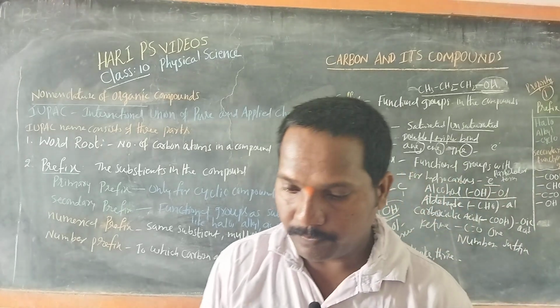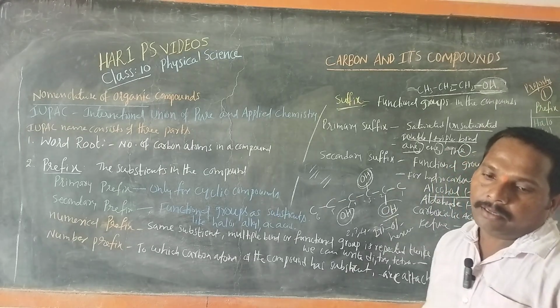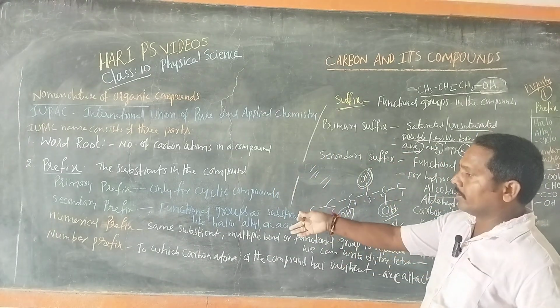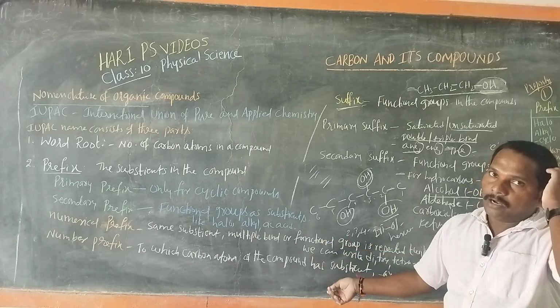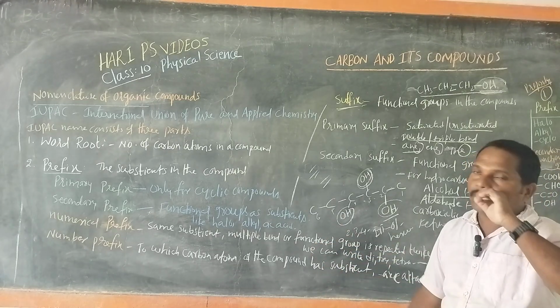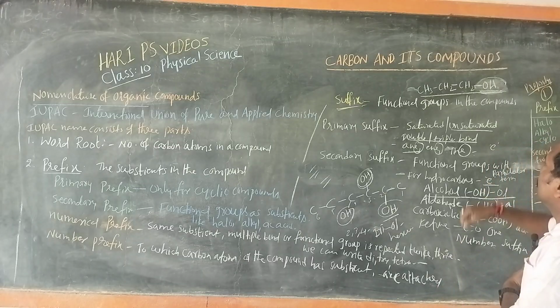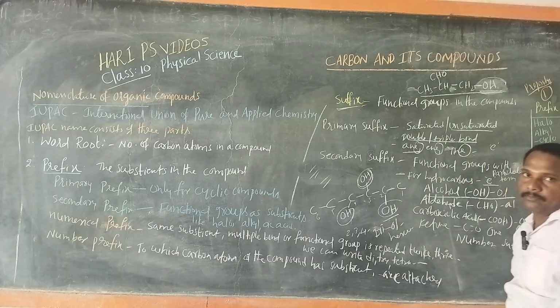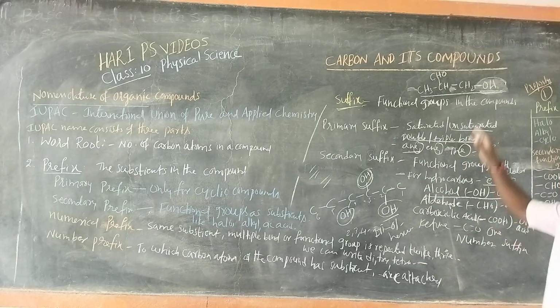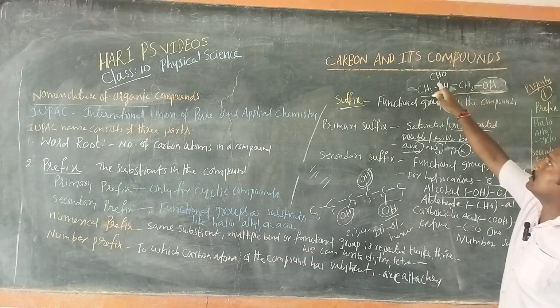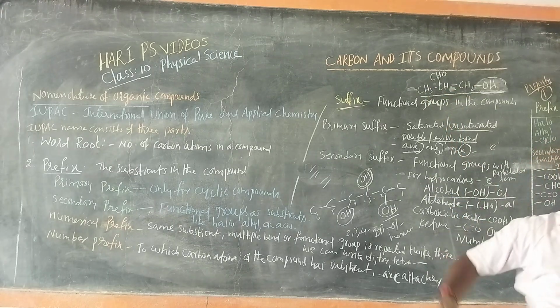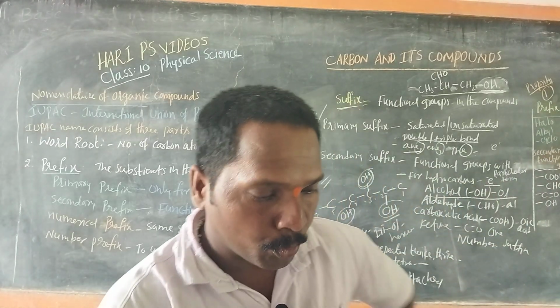Saturation, unsaturation, number suffix, and even numerical suffix. Already we discussed how many functional groups there are, and for which carbon atom they are present. Sometimes a compound has another functional group also, so two functional groups are there. Here the main part is the substitution. Based on the secondary suffixes, we will give the names by following some rules.